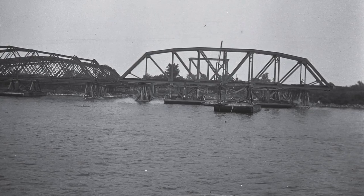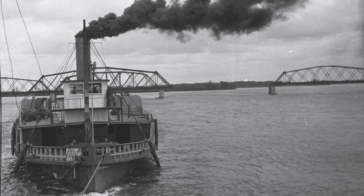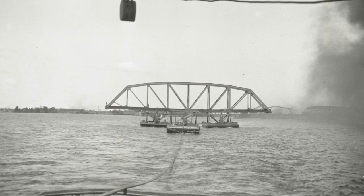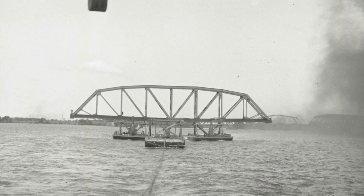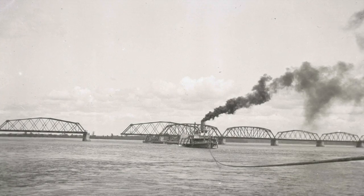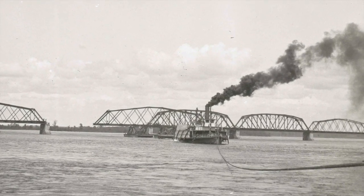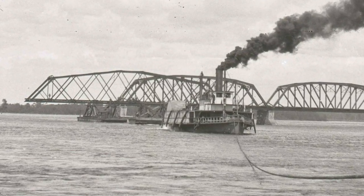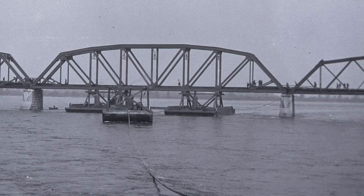And if you progress a bit to the, let me count, 6 pictures showing the movement of spans of a bridge. It's quite an interesting story. This was a rebuild of the Coteau Railway Bridge, which goes from Coteau-du-Lac through to Valleyfield. And it was built, the original spans were built